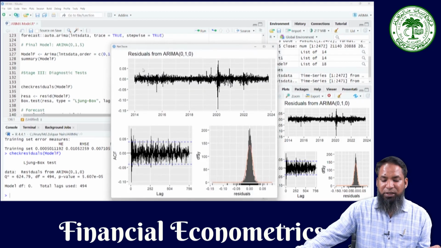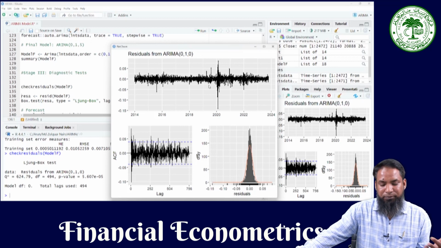So this is basically the plot of the residuals. By looking at the plot of the residuals, we can observe that there might not be the problem of non-stationarity or autocorrelation. Here is the ACF of the residuals, and here basically the distribution of that particular residuals. So if you look at the distribution, it looks like it is normal. Here in the ACF case, there seems to be the problem of